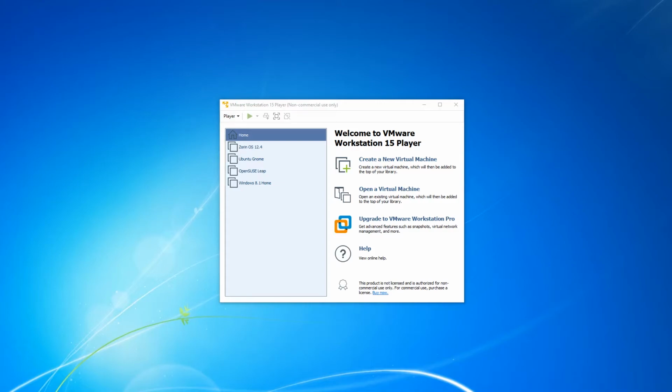Some were weird, some were pretty beautiful. So yeah. So these next three distributions I'm gonna install are Unity, KDE, and that